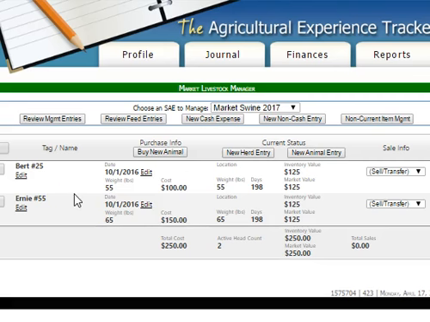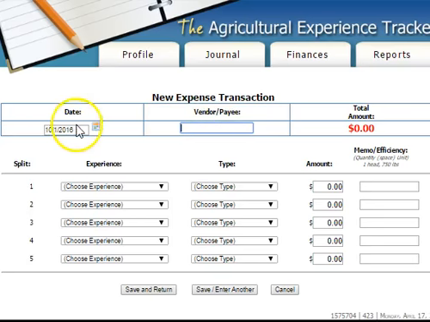You can see the information about those pigs and the totals at the bottom that I paid for them and so forth. You can see that the total sales are 0 because I have not sold those pigs at this point. So I'm going to enter a feed expense for these pigs. I'm going to choose New Cash Expense. Again, the project chosen up here is Market Swine 2017 because I don't want my pig feed going into my replacement rabbit project, so I need to make sure that I have chosen the correct project, Market Swine 2017. So I'm going to choose New Cash Expense, and I bought some feed on October 2nd,